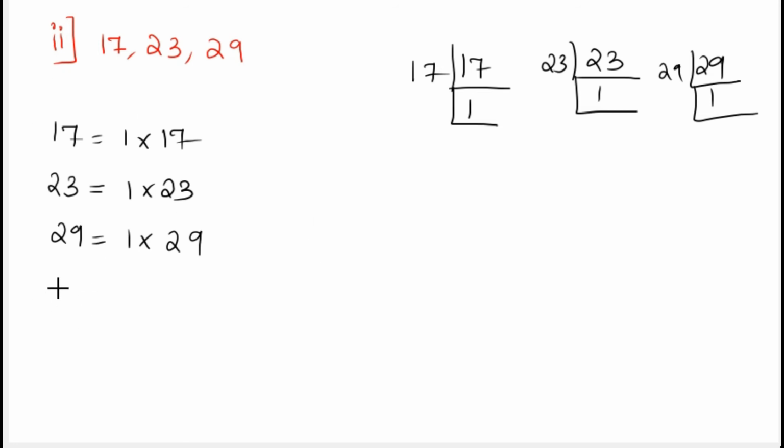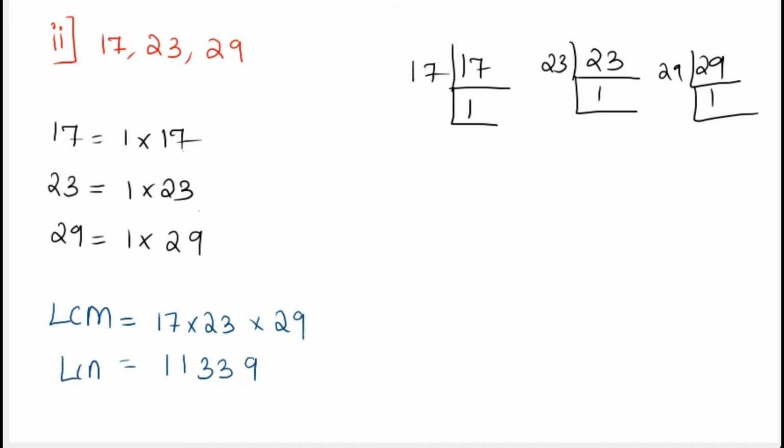हमें LCM और HCF find out करना है. LCM will be all the prime numbers raised to their highest power. यहाँ पे all the prime numbers are what? 17, 23 and 29. अब इनका product मिलेगा हमें as 11,339. LCM equals